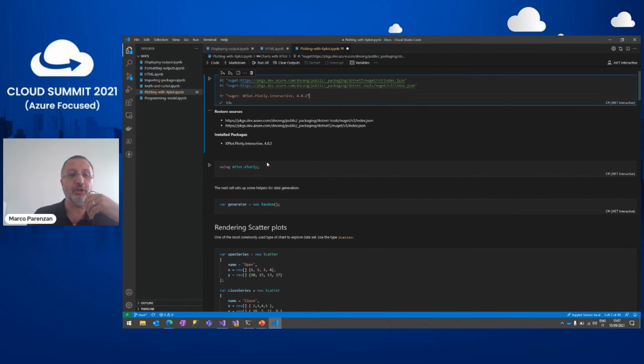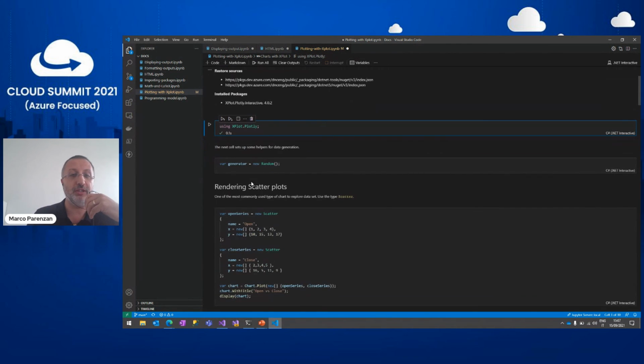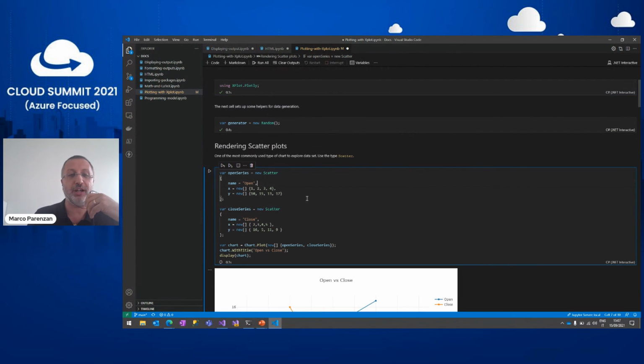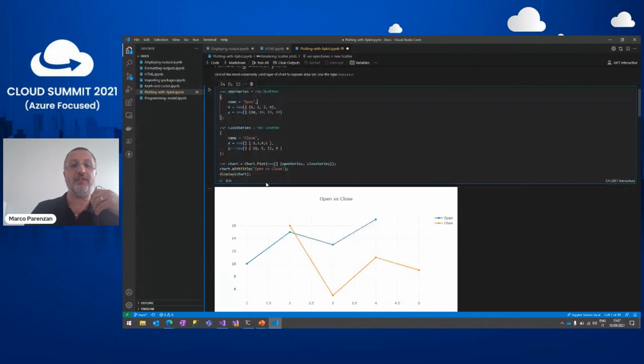Okay, download the NuGet, create a random generator, create a functional time series, and then you have a chart plot. And this is how a data scientist works. They work with notebooks to understand and explore data, things that the code you have seen with the Anomaly Detector can be put inside this notebook.